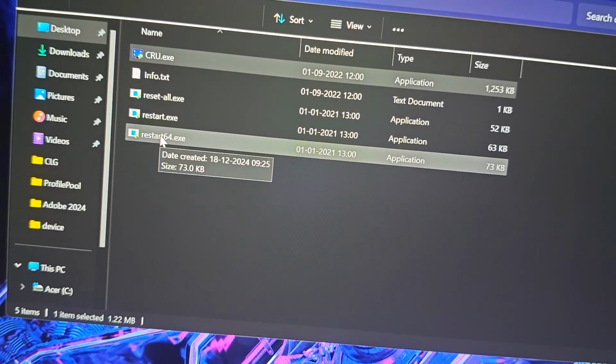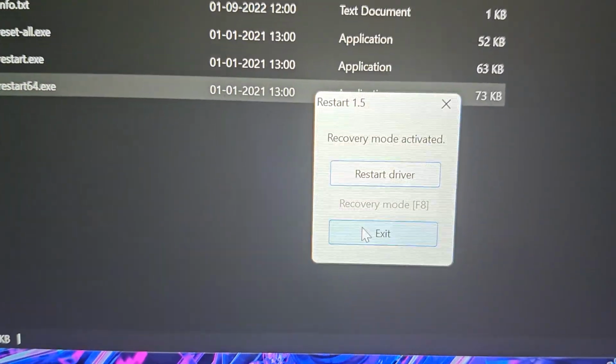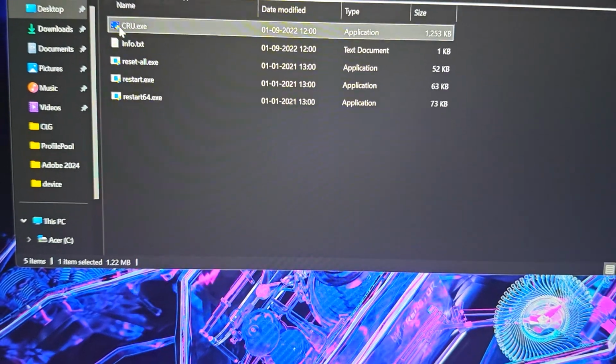Just click on restart 64.exe and now your screen may do some weird things, like see my mouse is jittering up and down, but don't worry, don't panic, just click recovery mode and it will go back to normal. So see, now our screen is back to normal. So again open the Crew software,